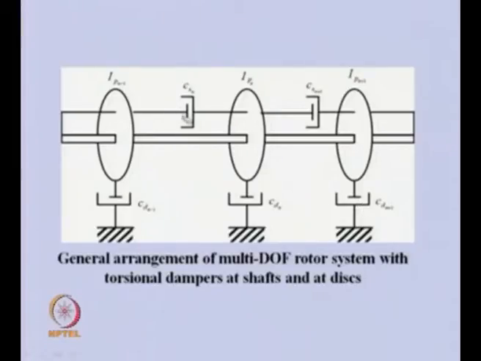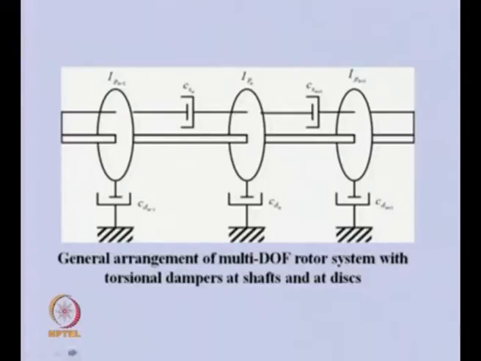Apart from that, we have damping in the shaft, either in the form of material damping or external damper. In this particular case also, whatever the damping force will be there, that will be proportional to the relative twist of these two discs. And in both cases, we are considering this particular damping model as proportional damping. So this will be proportional to the relative velocity of the disc or the absolute velocity of the disc, depending upon what kind of damping we are considering.